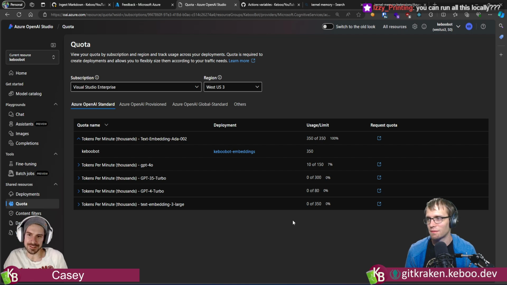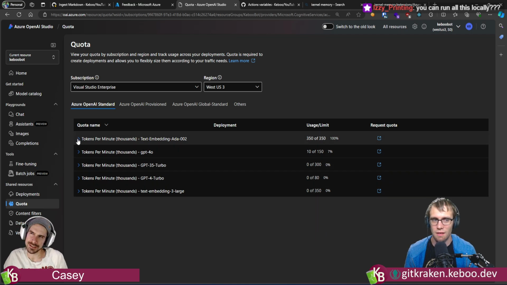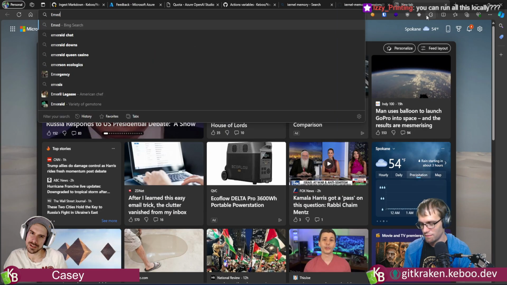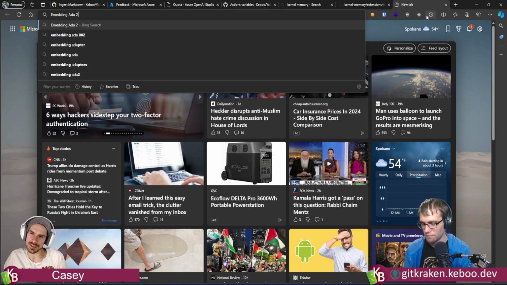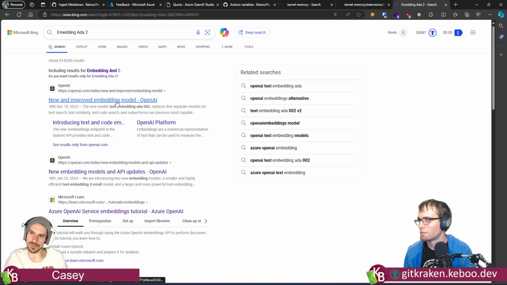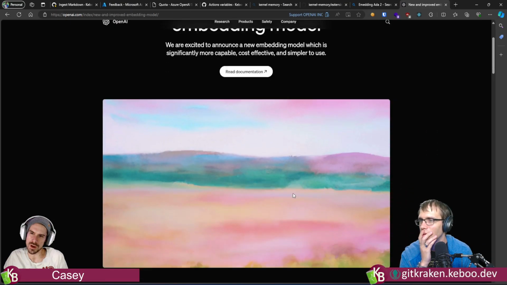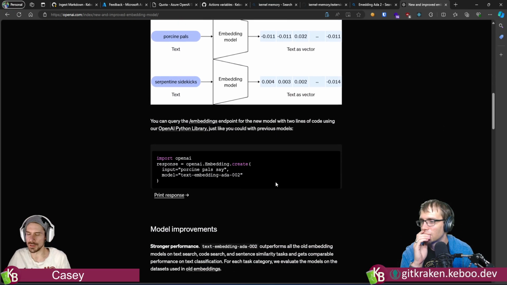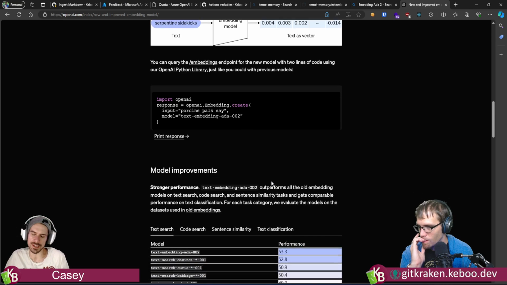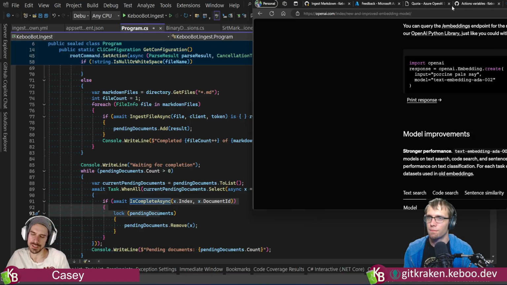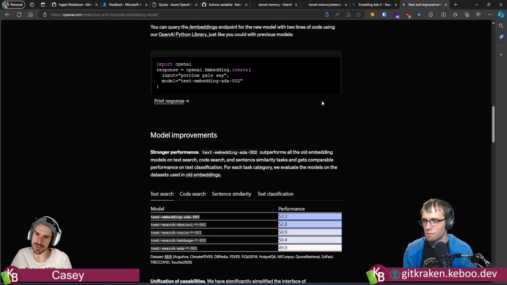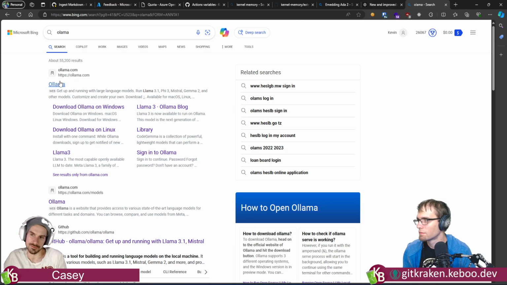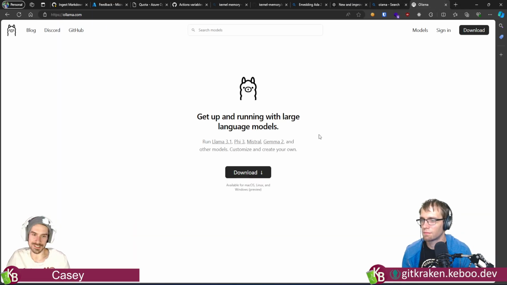Not specifically with, well, actually, did they open source embeddings Ada 2 yet? Part of me wants to say that I feel, or maybe they've only released one. Yeah, maybe. Yeah, they must not have released it. But you can run other embeddings. So Ada 2 is not the only embeddings model. So you could run the embeddings model locally. You could run like Llama 3 or use Ollama, which Kevin is very familiar with.